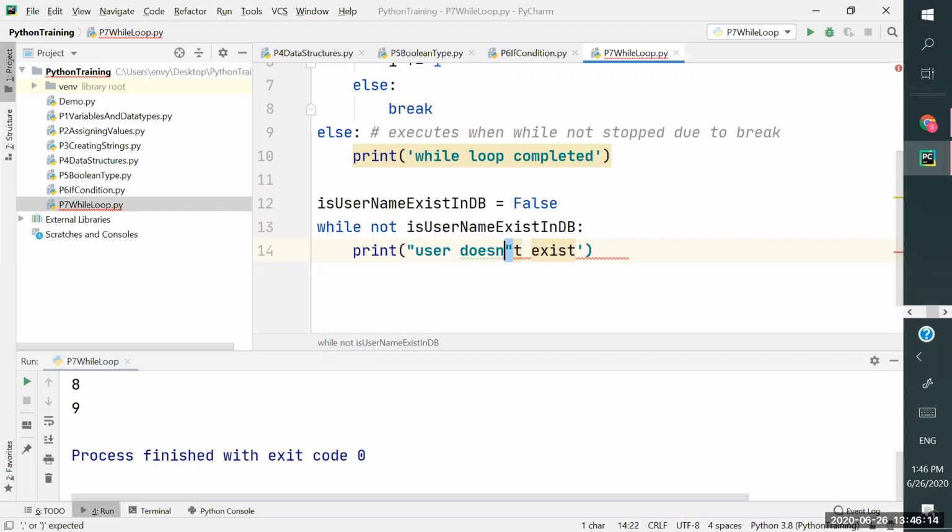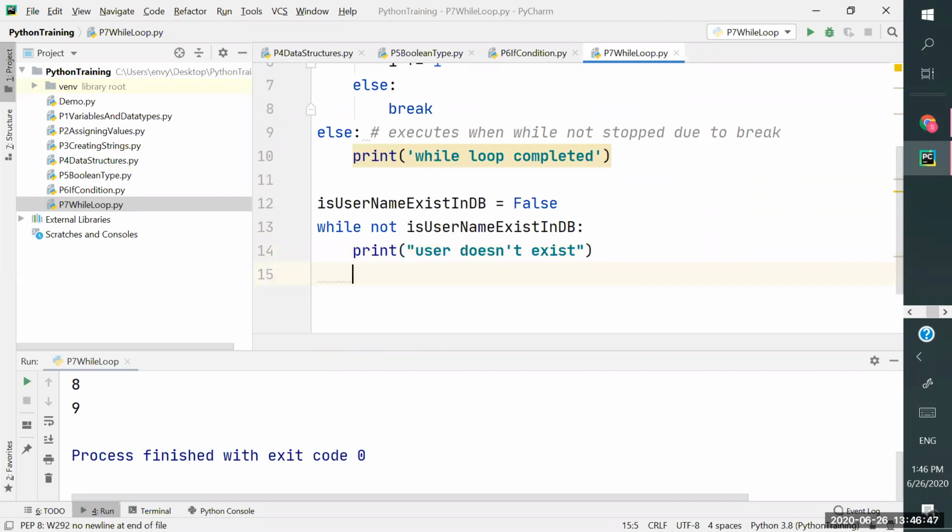When I start this with double quotes, I can use a single quote instead of a double quote. Oh, again, it is converted to this one. Okay, I'll do this one. Now this is okay, right? It is automatically converting because this is an IDE feature. Now there is no issue. User doesn't exist, right? I will specify that.